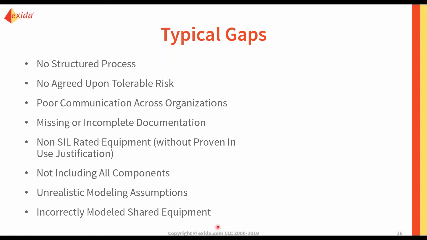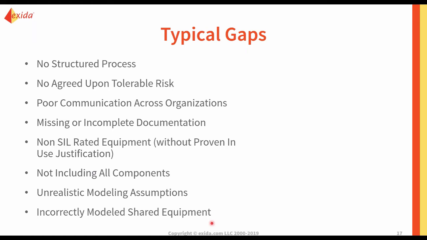We also see incorrectly modeled shared equipment. So sometimes equipment can be leveraged both in the BPCS and also if there's a secondary trip command from the SIS, this can give some additional credit. But it needs to be understood that there's not complete independence and there are specific calculations that can be done to really document this correctly. But if full independence is assumed for some of the shared equipment, it again leads to overly optimistic failure rate